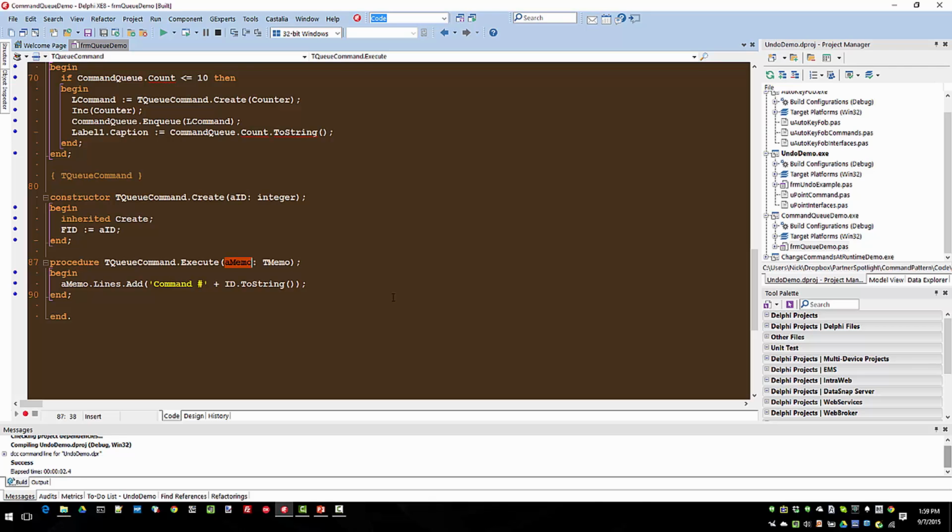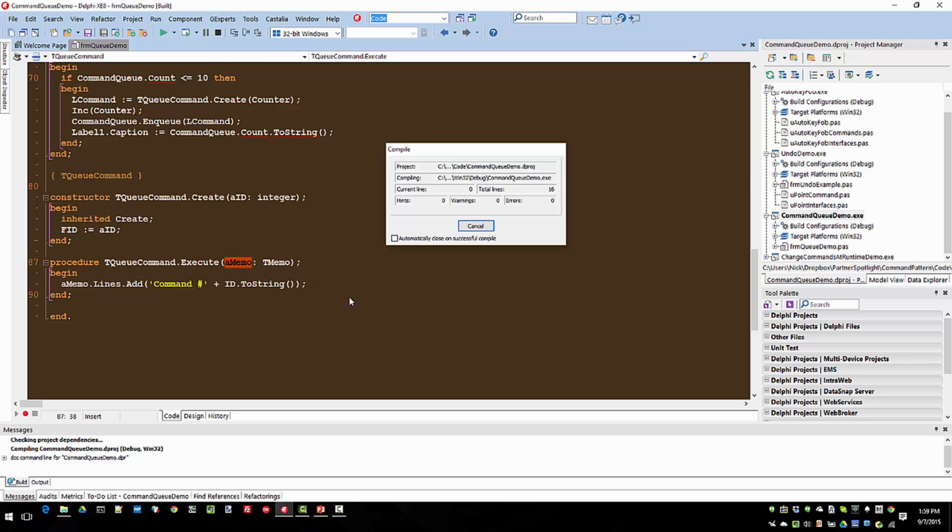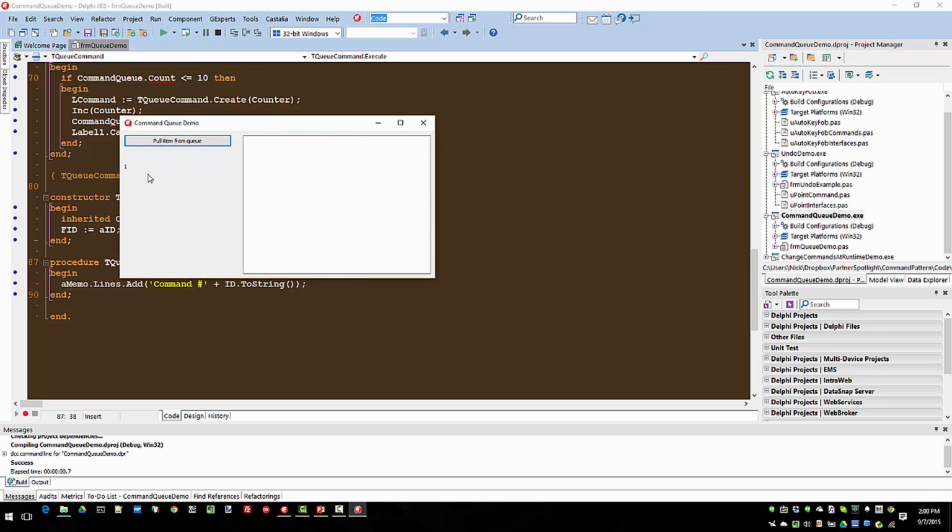Very simple functionality, but if we run it, you can see that the commands are slowly building up, and if I want to, I can pull them off and get it down to 0, and they'll still keep coming in, and I can pop them off the queue at my convenience whenever I maybe have available CPU time, and they will continue to pop off the queue. They will continue to come in,